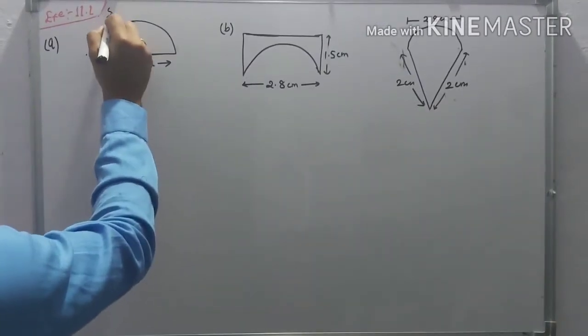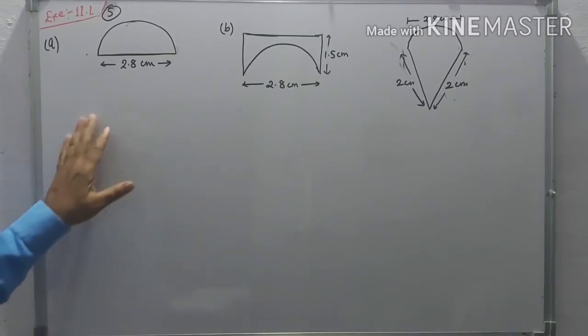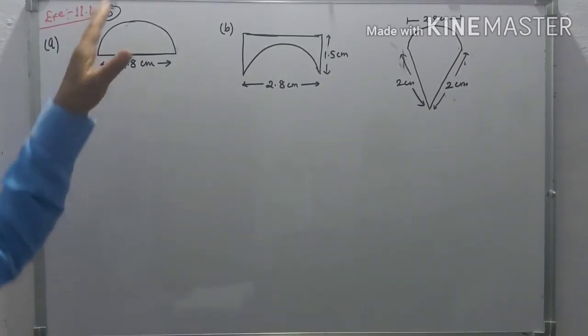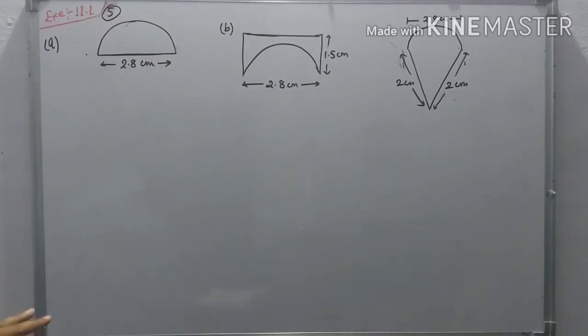Question 5. Okay, I will read the question. An ant is moving around food pieces of different shapes. Three shapes are given, and the ant moves around each shape. Which food piece will give the ant the longest path around? Reminder: the circumference of a circle is C = 2πr, where r is the radius.